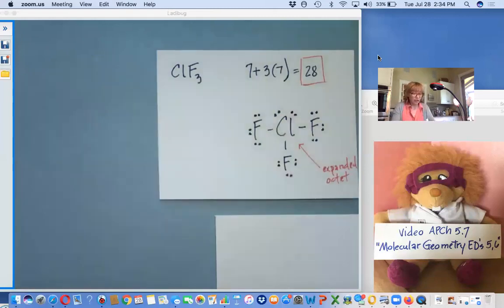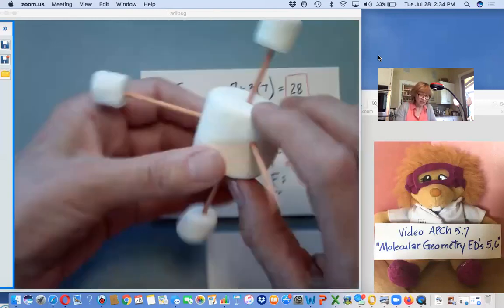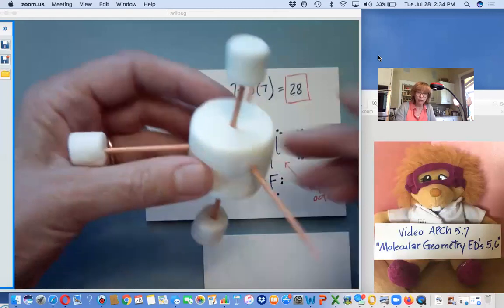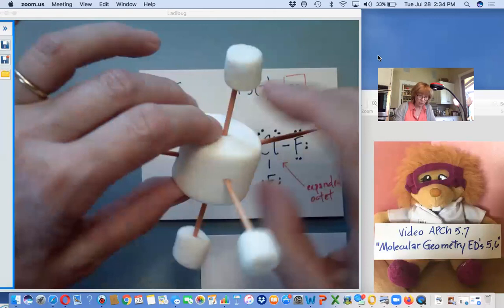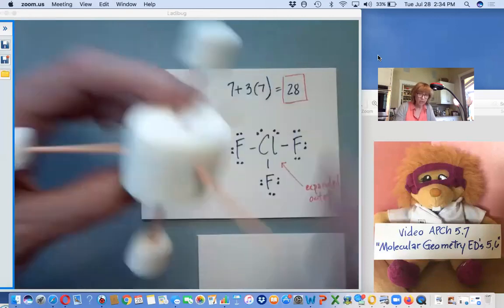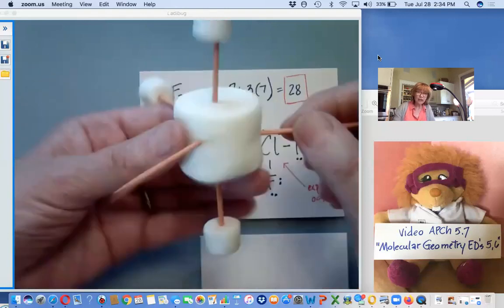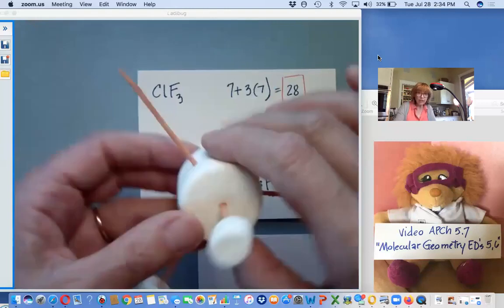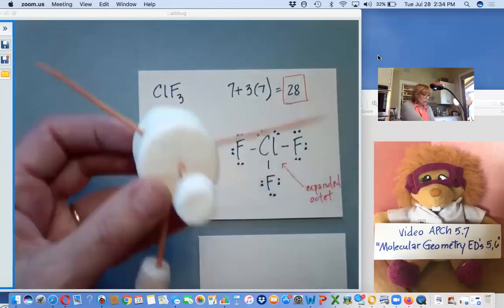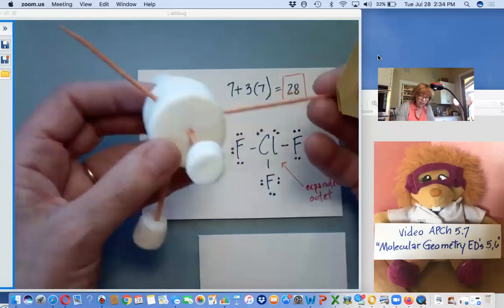So here again, we have our 5 electron domains that have to try to get as far apart from each other as they can. Whenever your number of electron domains is 5, you'll have 3 on the equator and then 2 in the axial position, and 2 of the equatorial electron domains will be non-bonding pairs,